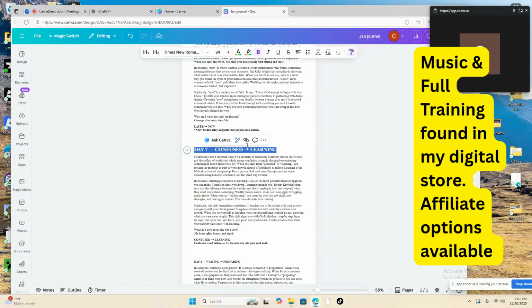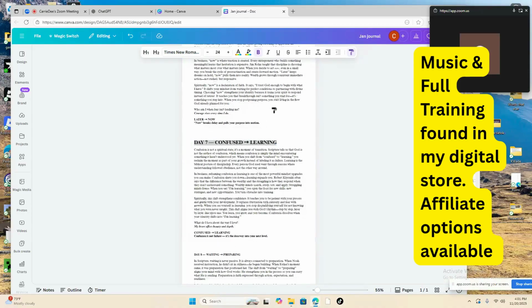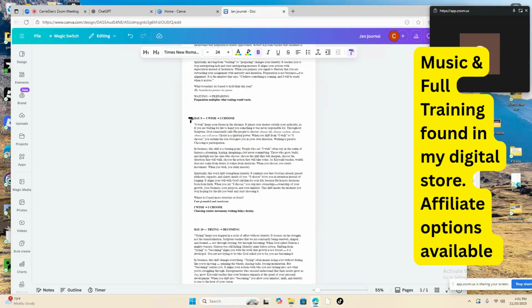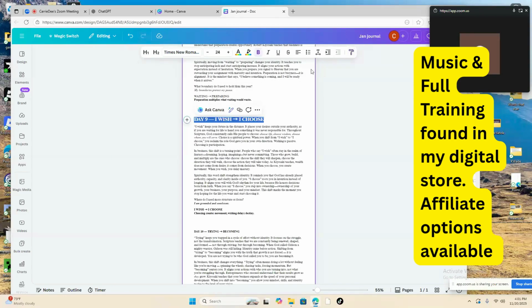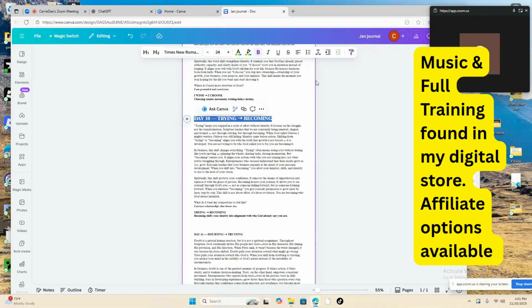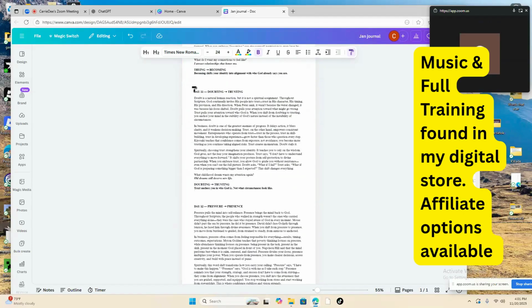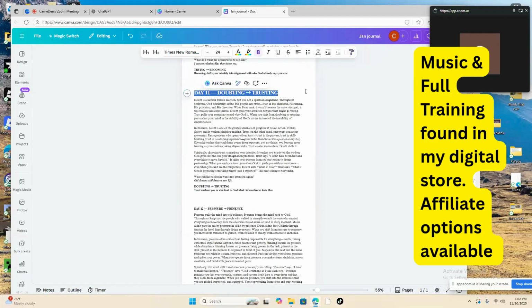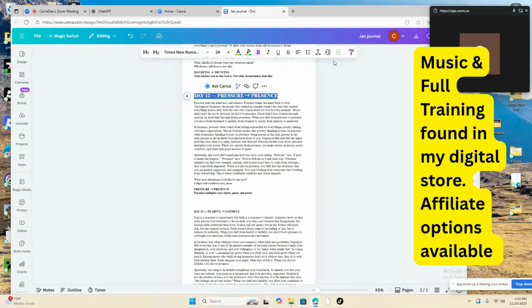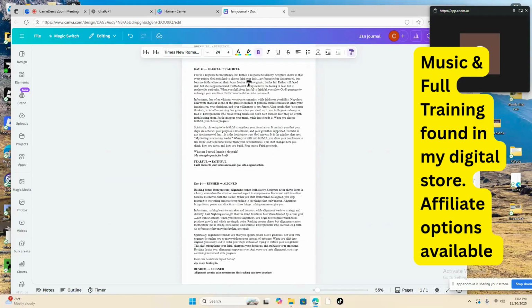Now you're going to highlight it again, and you're going to press the little paintbrush on the top right hand side. That little paintbrush is going to copy the format of that, so it's going to let it know that this is a header. You're going to go down to each header and highlight that, and while you have the paintbrush roller,